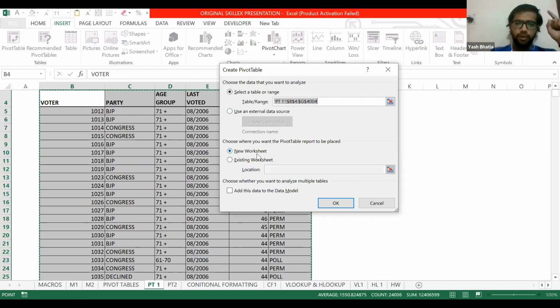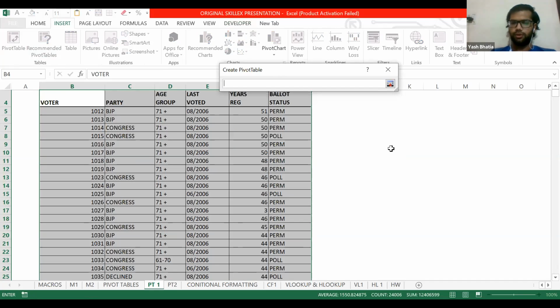We have to choose whether to create the pivot table in a new worksheet or in an existing worksheet. First, I will choose existing worksheet. Then I will give another example of a new worksheet. So you can set the location where you want to create the table. Let's say I want to create the table in this cell. I select it,